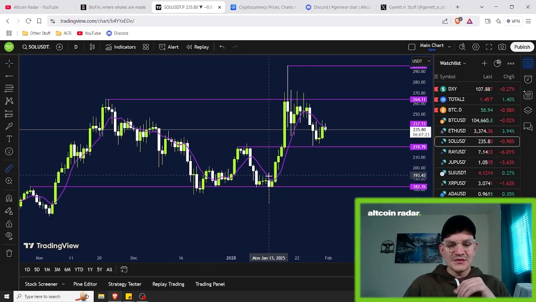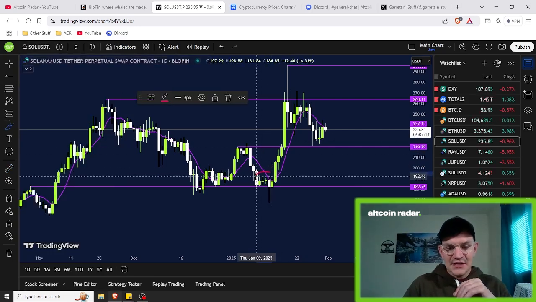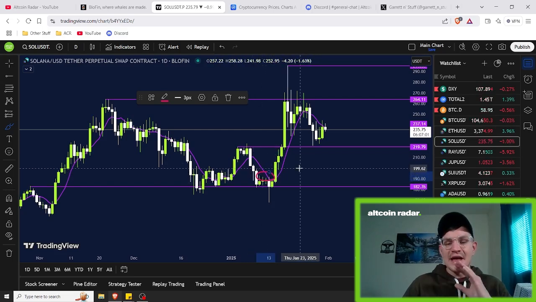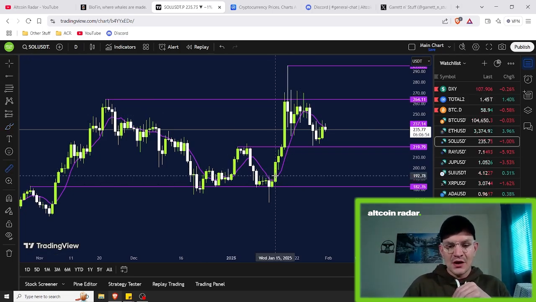So right there is where I would have entered a long position, right at this little area where, let me go ahead and put on my brush tool and mark it real quick. See the tops of these candles here, where we were kind of ranging at support? Once price action and this big green candle started to pass and breach past the tops of these wicks of these candles, that tells me that we are insanely bullish again, and I need to enter a long position. So I would have entered a long position probably right in this area, because